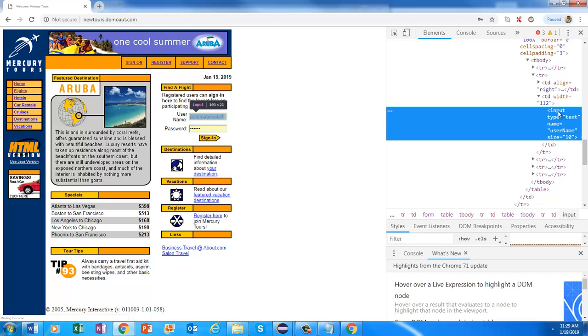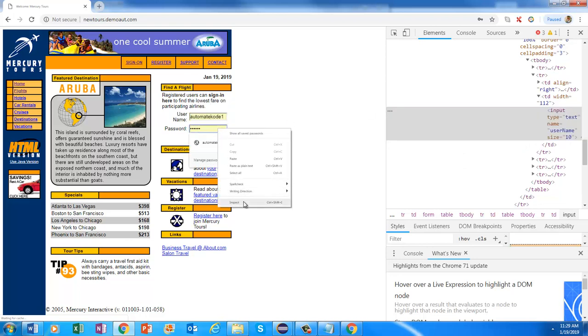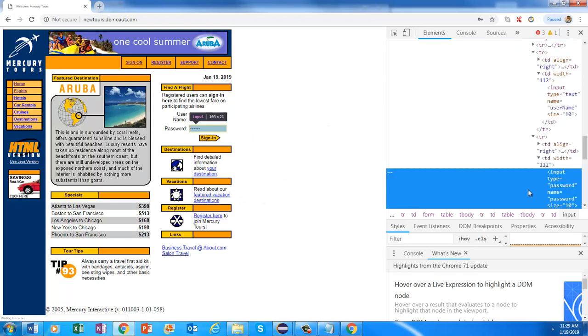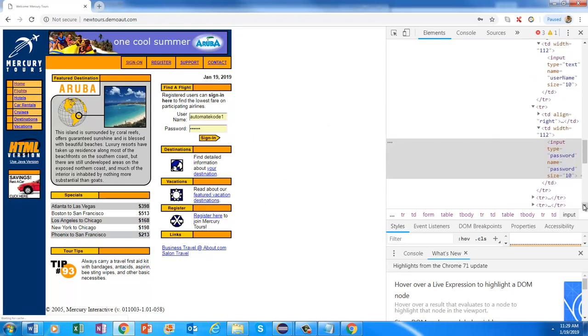Can you see this is an input tag? It has a type attribute and value. It has a name attribute and value. It has a size attribute and value. Now if you take a look, this is for username. If I do it for this one, you'll see that for this password, it is type password, right? Name password, size 10. I'm not going to use size 10 because both of these, username and password, have size